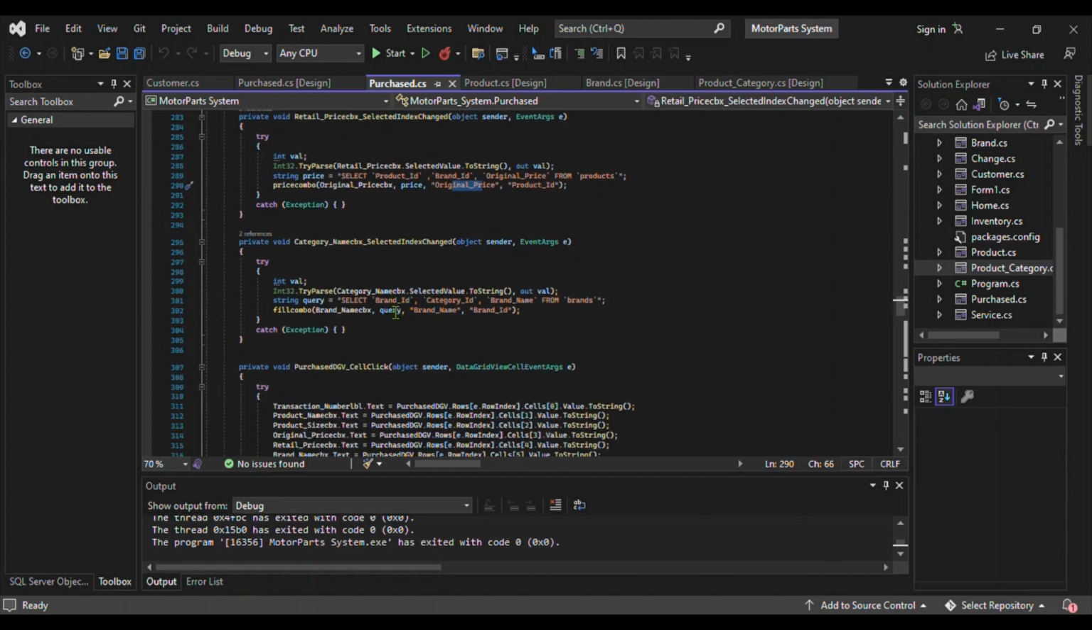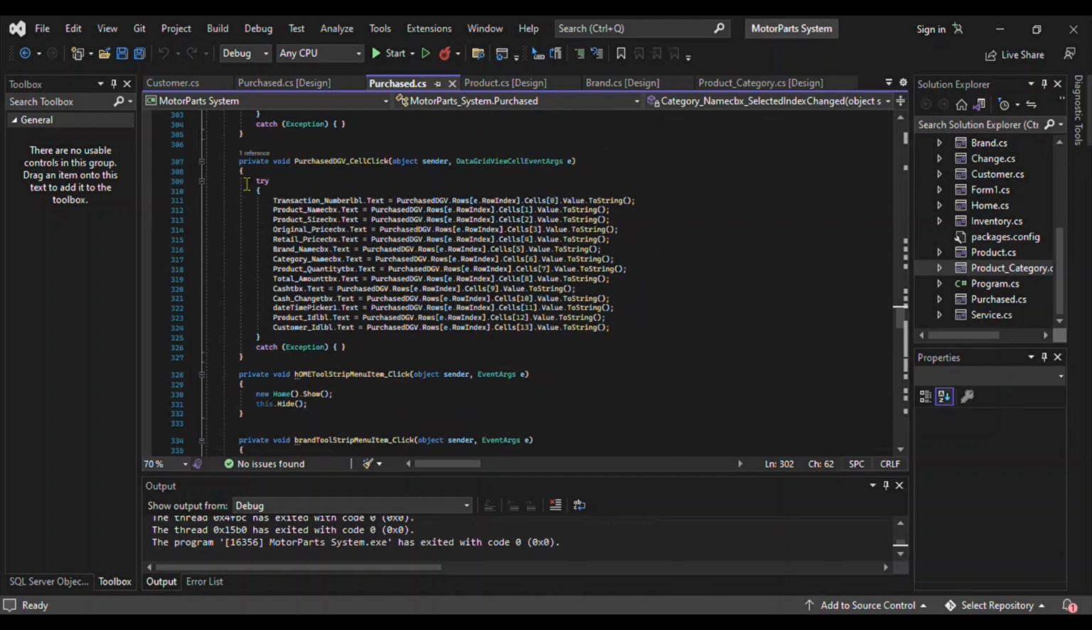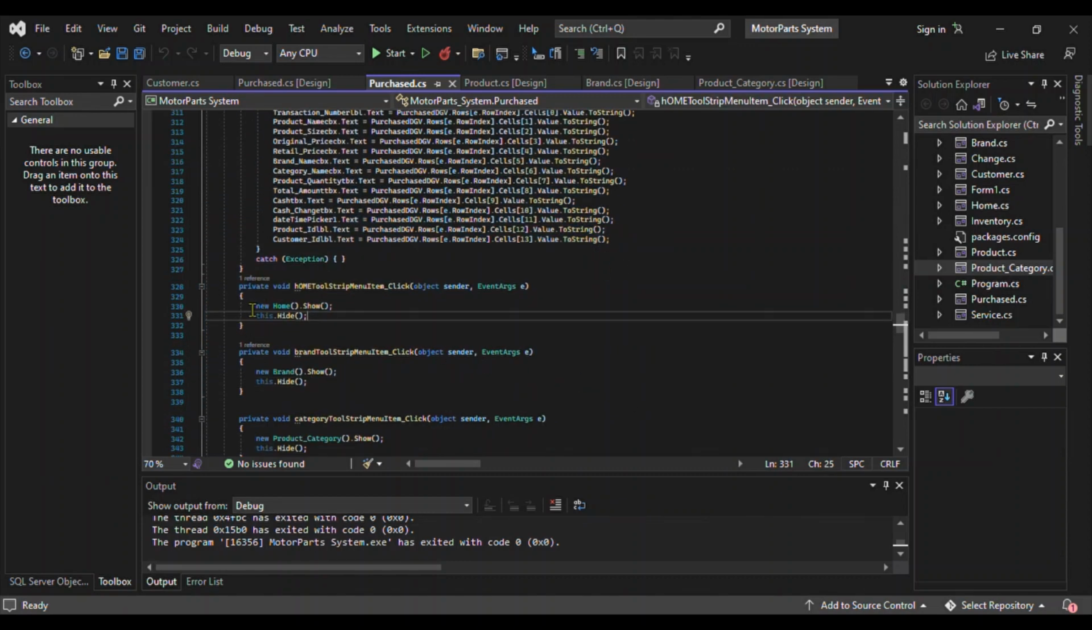For the category, we have a different table, the brands. So right here, you specify the brand name and ID. So that is how we get the other data from the other interface into the other form. So this is the code for the data grid view. Just go to the event and double click the cell click, and this is the query, the other interfaces,